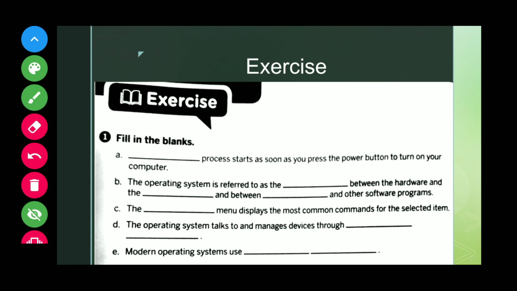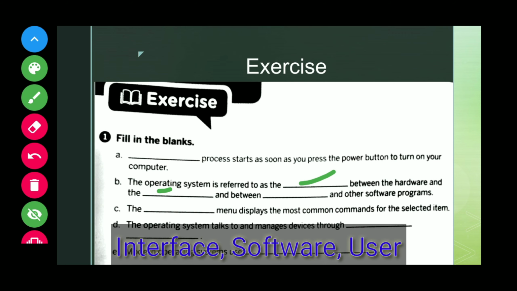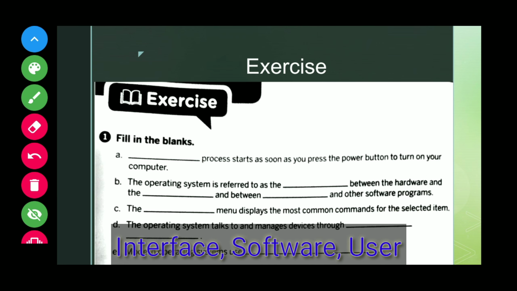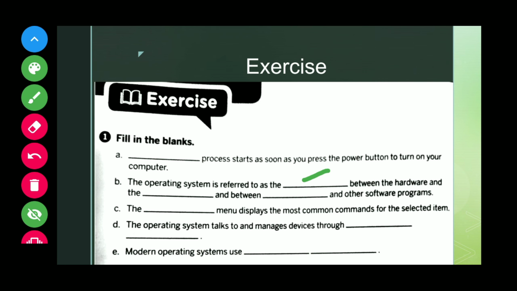So the operating system is referred to as the interface between hardware and software, and between users and other software programs. Here you have to write user and other software program. So students, you understood this fill in the blanks. I am repeating the whole fill in the blanks once again. The operating system is referred to as the interface between the hardware and the software and between user and other